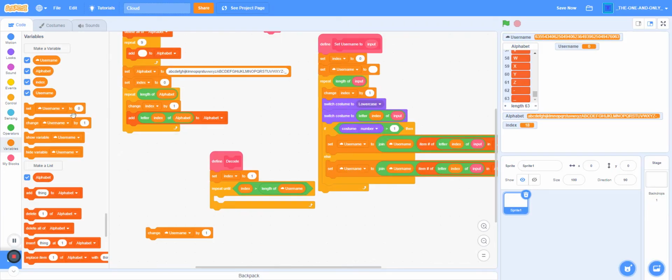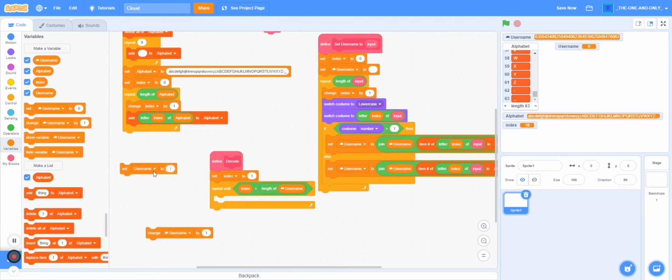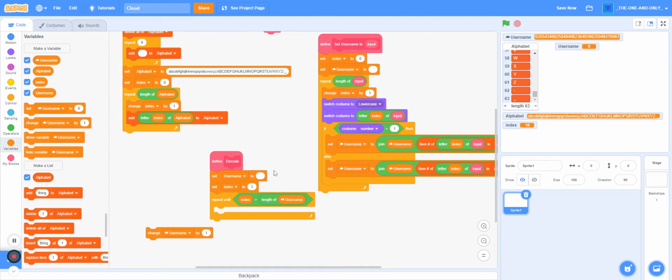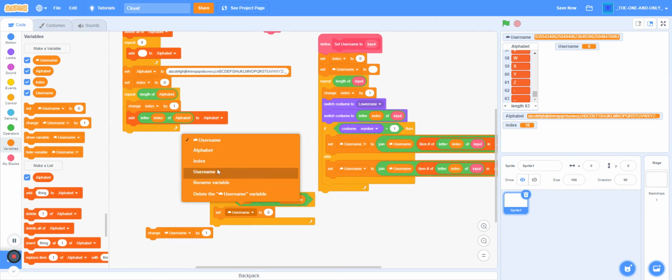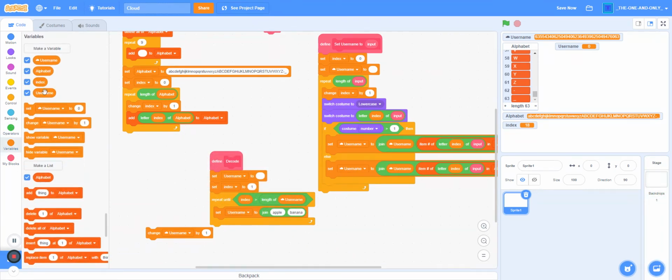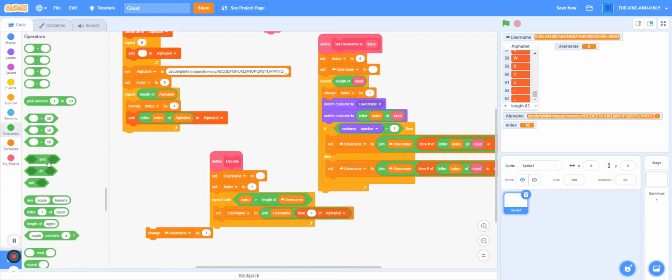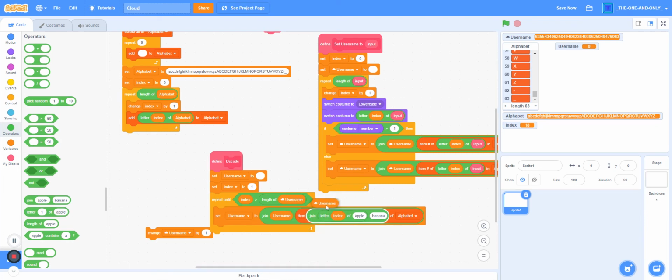Okay. Now in the beginning, when I set username to blank, just empty string, like we did with the cloud variable right there, and then here you're going to set username to join username and item, and then put a join inside of here, letter index of username,